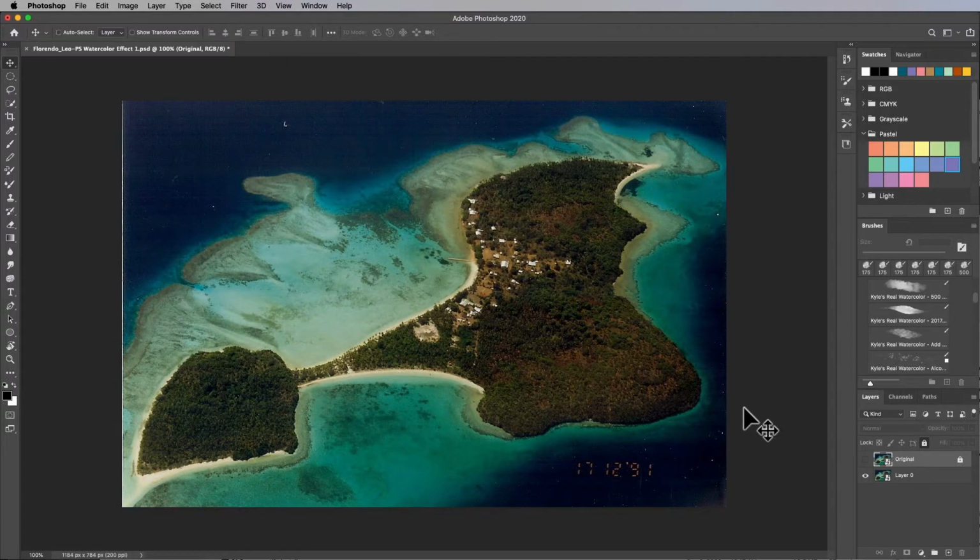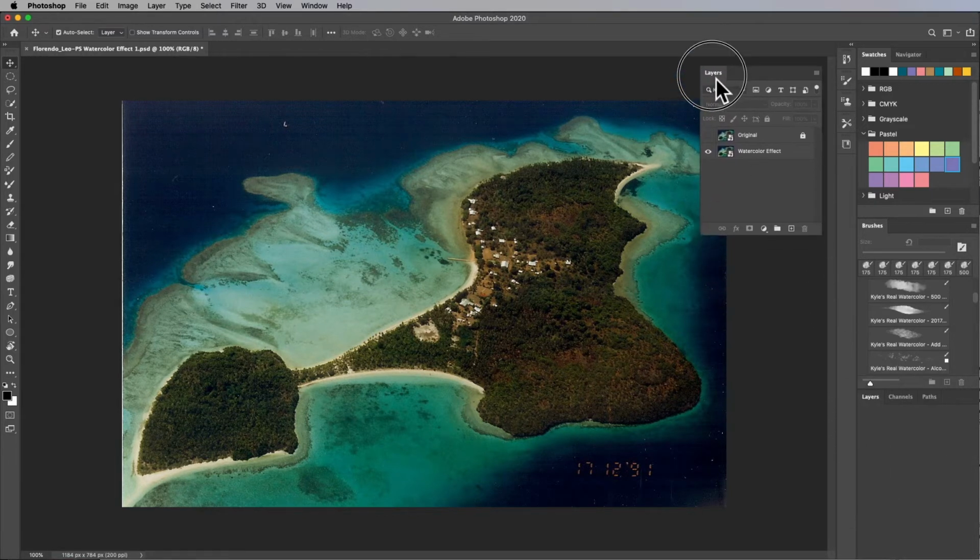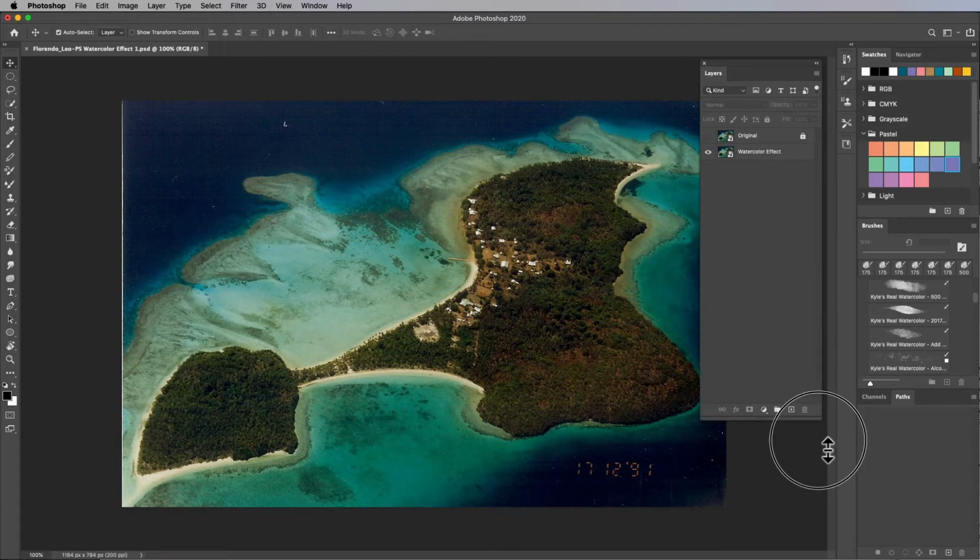So let's save our file, Command S or Control S on a PC, and then let's rename layer 0. So let's double click on layer 0 and let's rename it Watercolor Effect. All right, so let's drag this layers panel out like this, and we just make it nice and tall. All right, so on your watercolor effect layer,